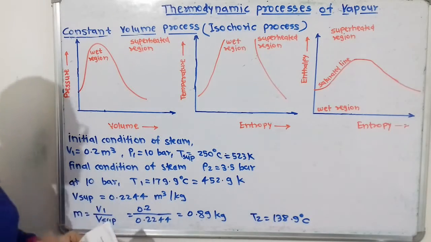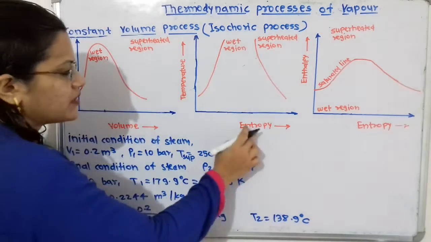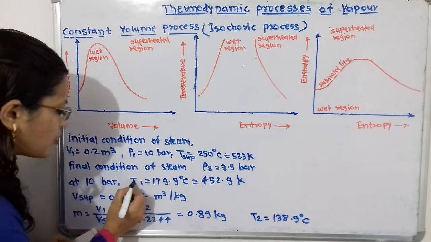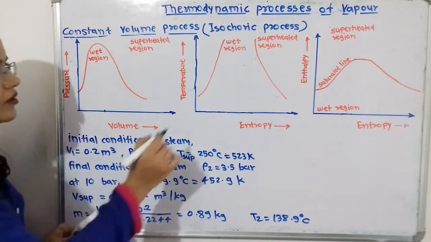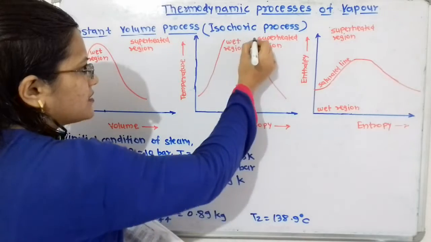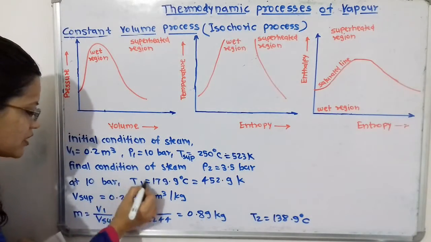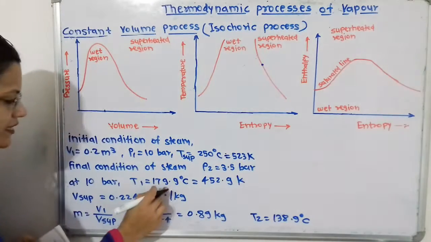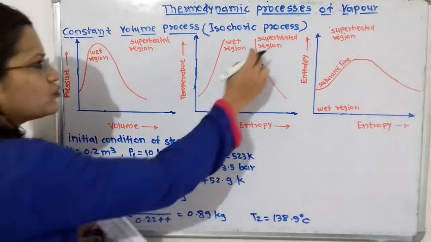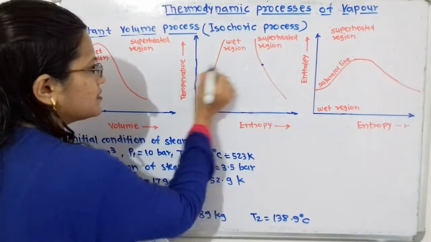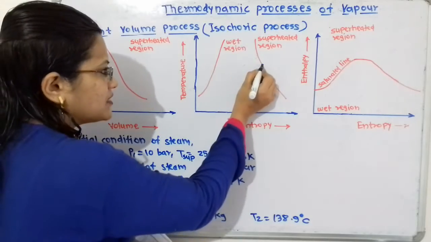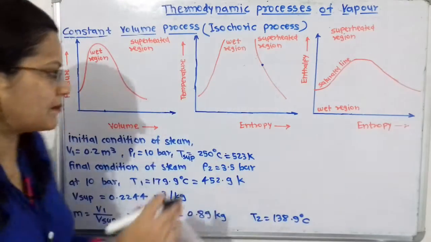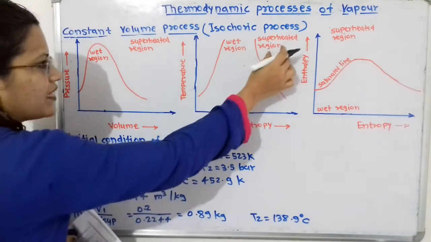Now if we have to plot this temperature on the temperature-entropy diagram, where do we plot T superheated and where do we plot this temperature T1? So this is the superheated region and this is the saturated line. Now this temperature T1 lies on the saturated line, and T superheated lies in the superheated region. Here on the saturated line we have to plot T1, because at 10 bar this is the saturated temperature, and this is T superheated, and we plot it